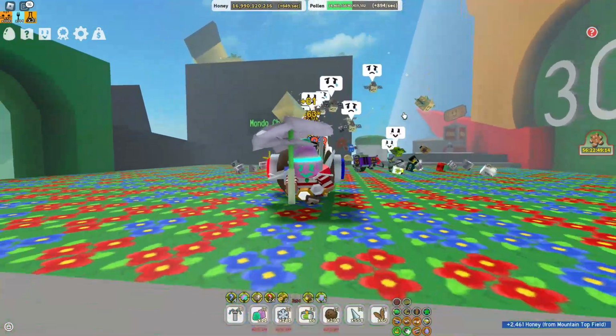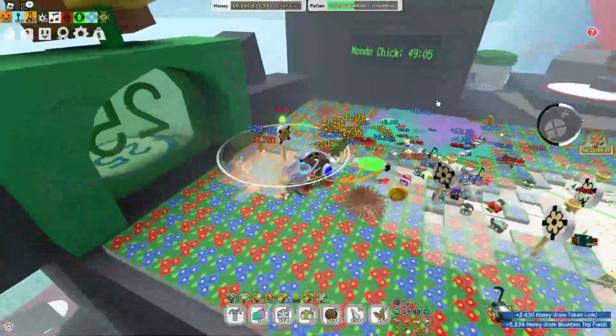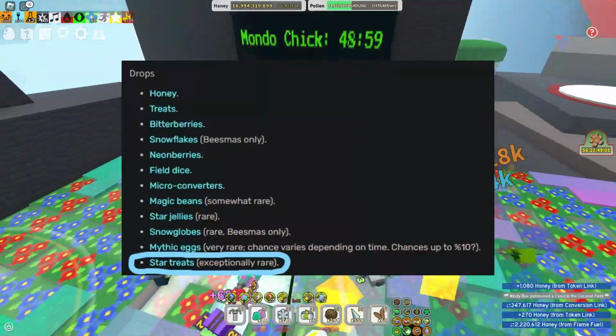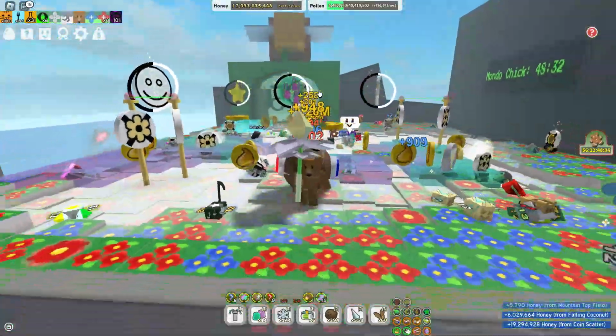So one of the other best ways to get a star treat is by defeating Mundo Chick. Now this one is a luck-based one. You only need 25 bees and you can have friends help you take this one down. But there, I believe, is a 1% chance after defeating Mundo Chick that it will reward you a star treat. So this one is a pretty good way, and you have to be pretty lucky while doing this one